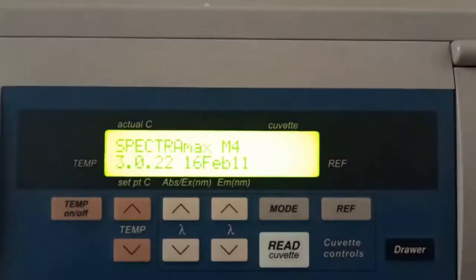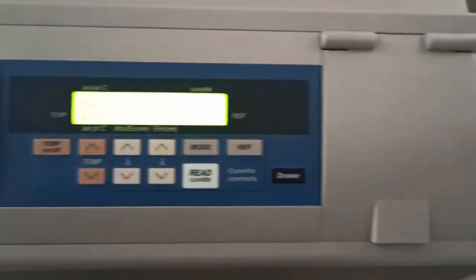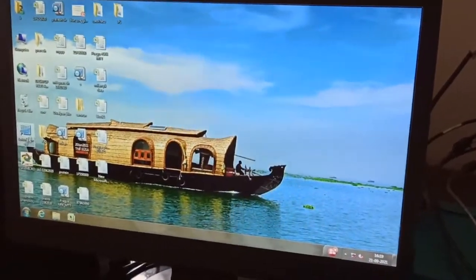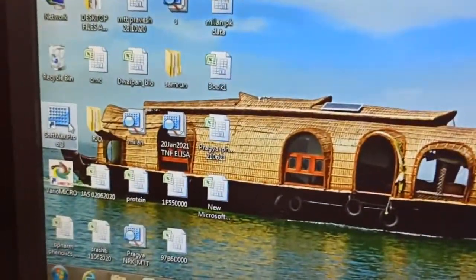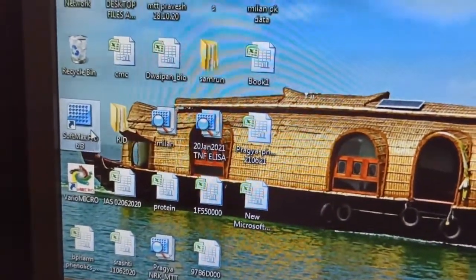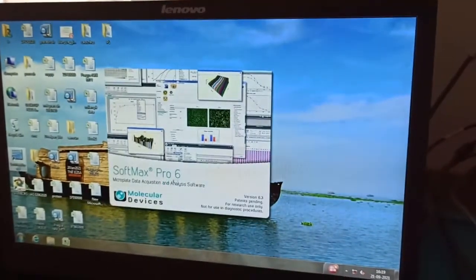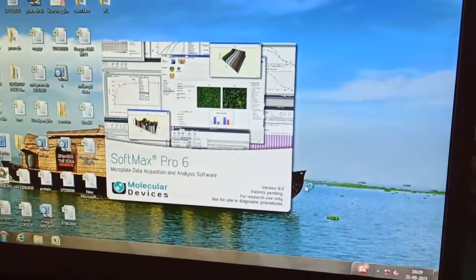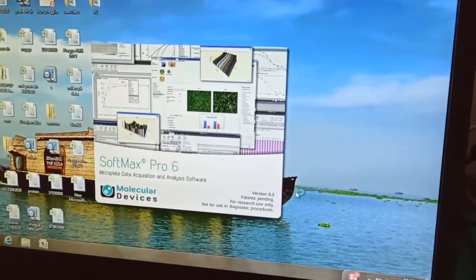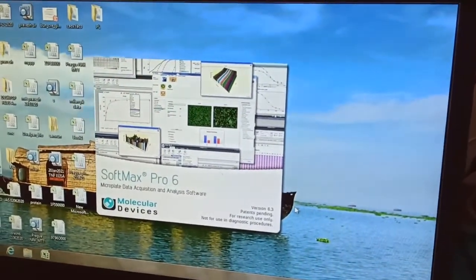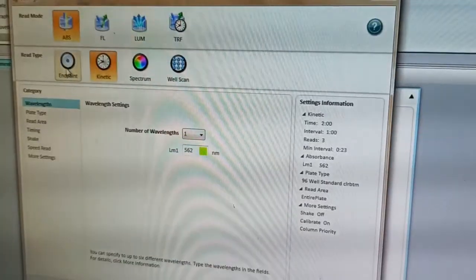Now on the instrument, it is a multiplate reader. Click on Softwares, SoftMax Pro. Click on Settings, Endpoint.